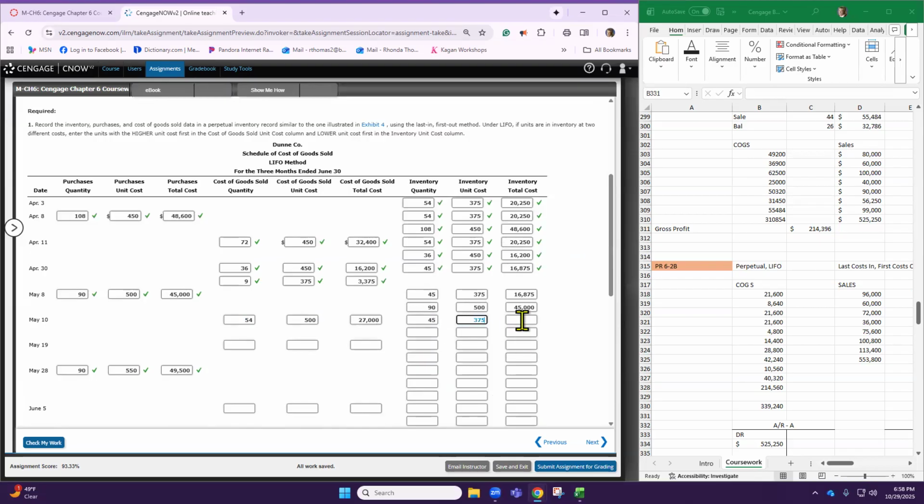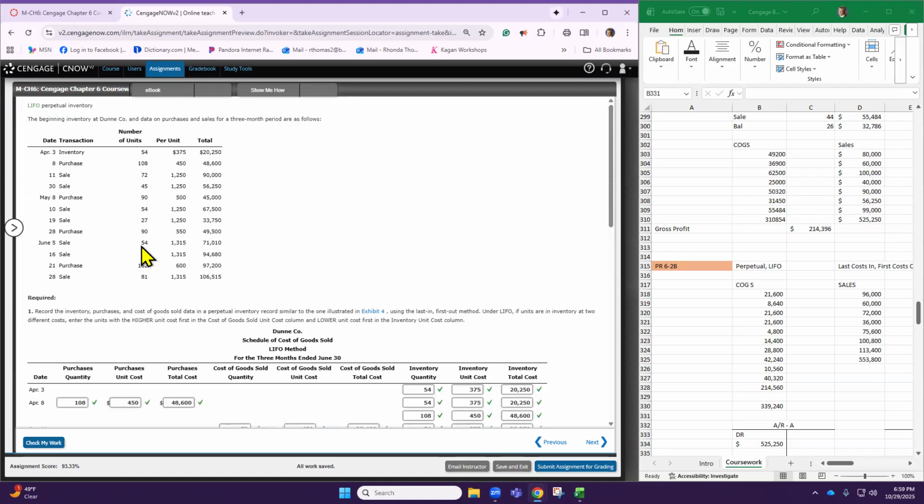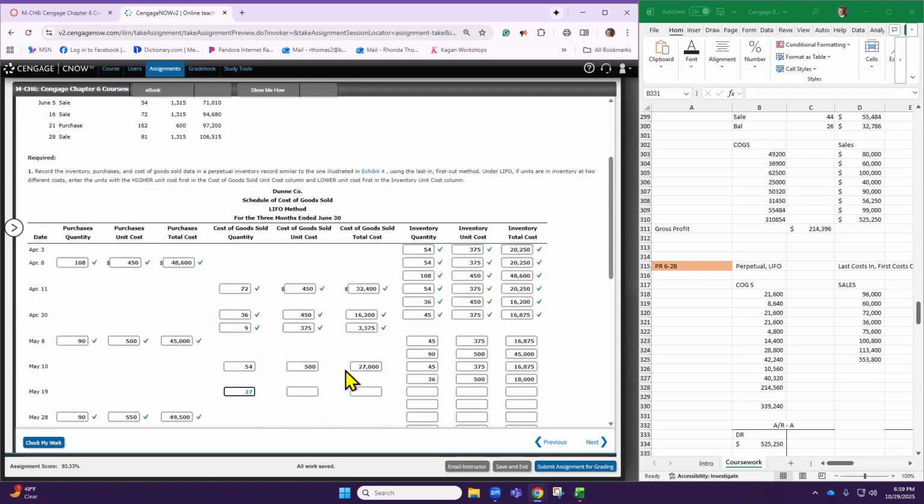So bring down 45 because we didn't sell out of any of those, but we did sell out of the 90 items. So if you take 90 and subtract 54, you have 36 items at a $500 cost, which is $18,000 for that cost layer. Now we're going to sell on the 19th. We're selling 27 items. There's enough in the $500 cost to do the math there, 13,500. So now we have 36 minus 27 is 9